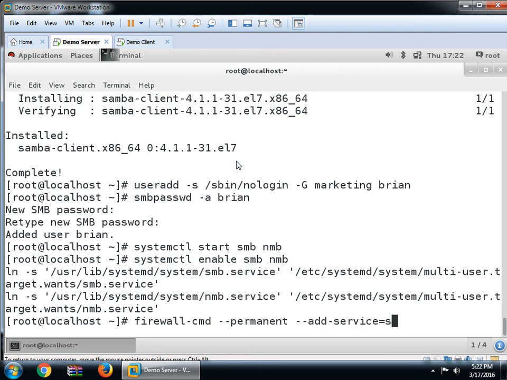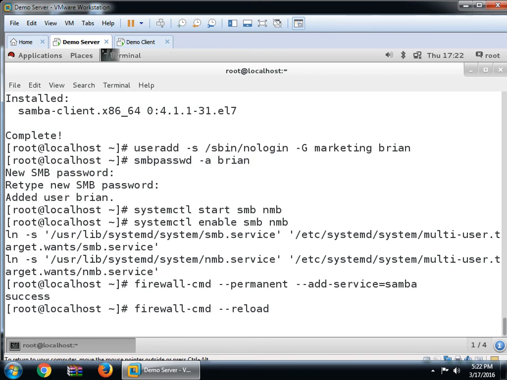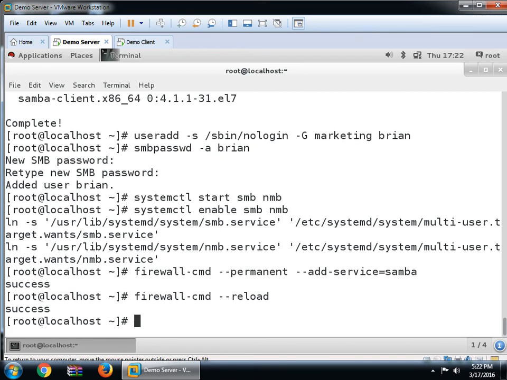Which service? Samba. Now it is success. And the last command will be firewall-cmd --reload. Right? Okay.